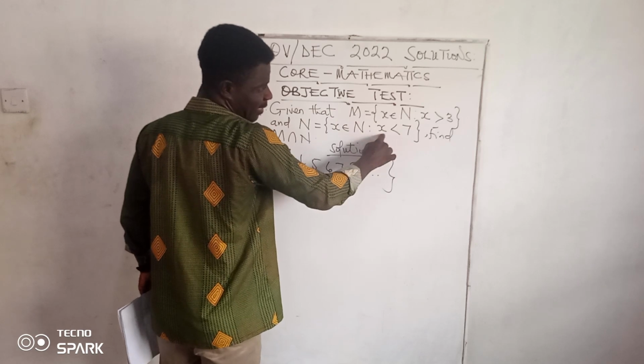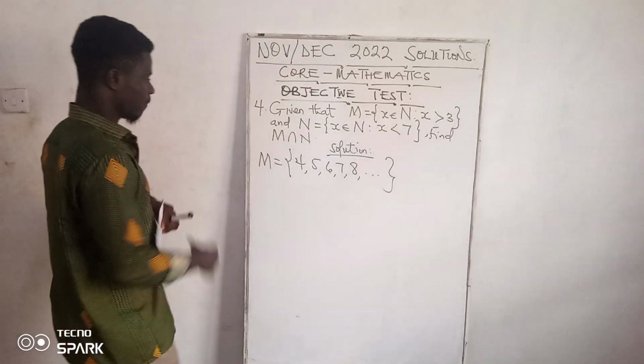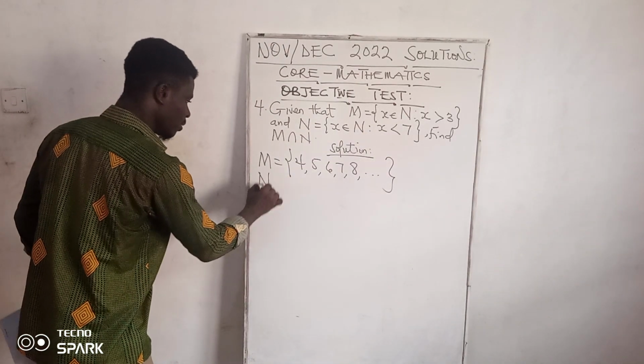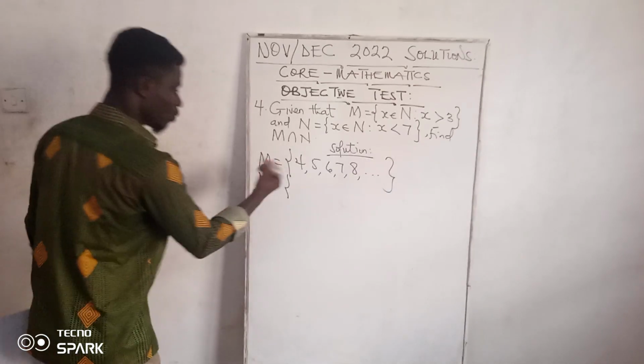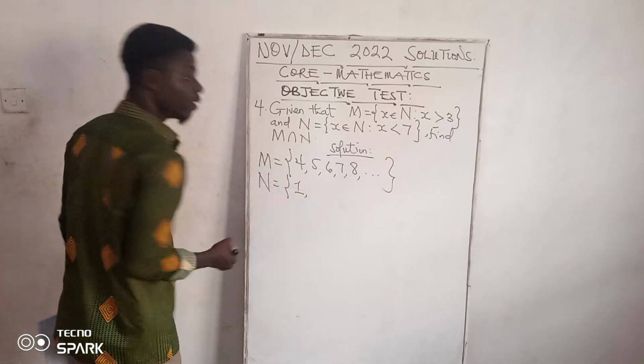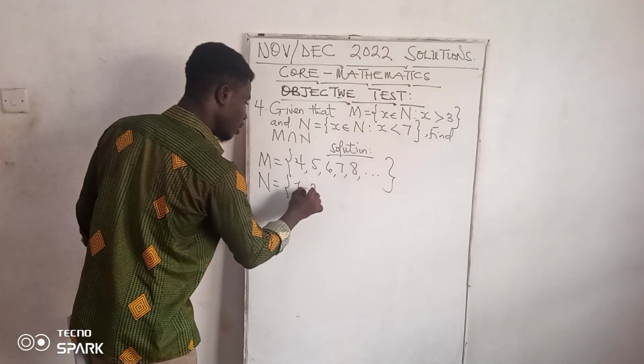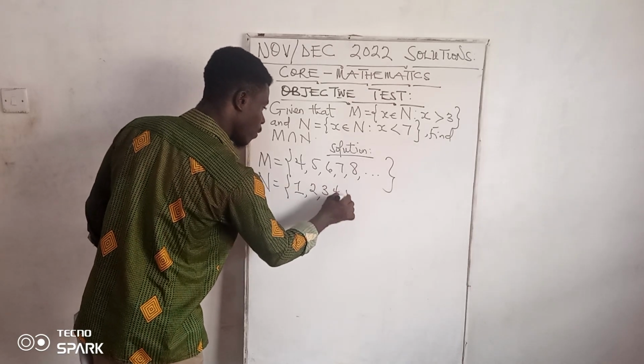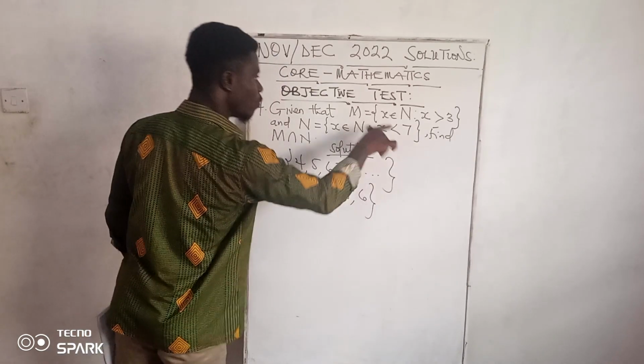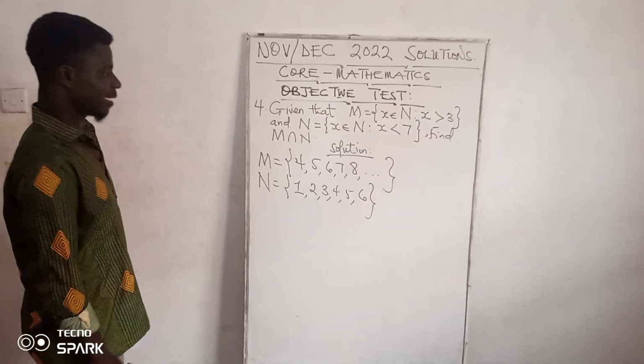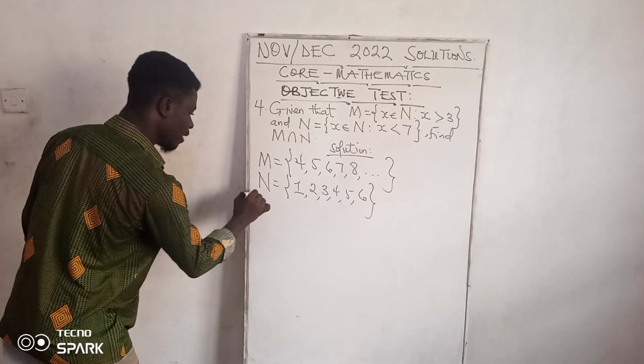0 is 0. So set N equals X is a member of the natural numbers, such that X must be less than 7. So if X is less than 7, where can I start? I can start from, let's say, 1 here, right? So 1, 2, 3, 4, 5, then my 6, because they said it should be less than 7. So now, how do I find M